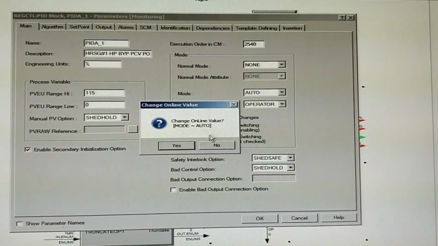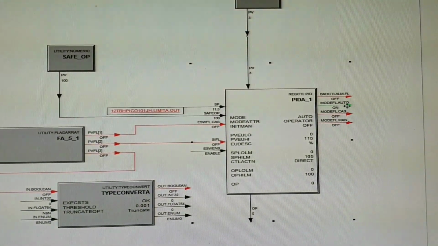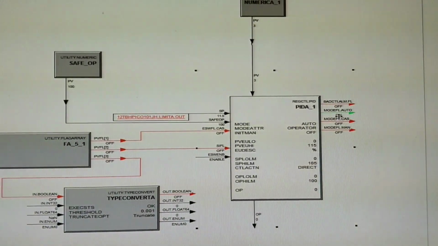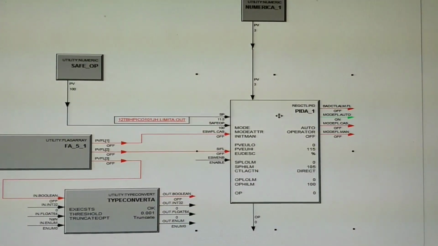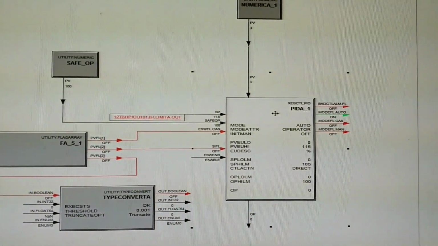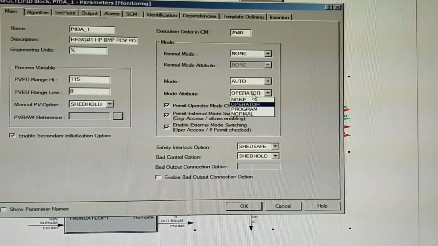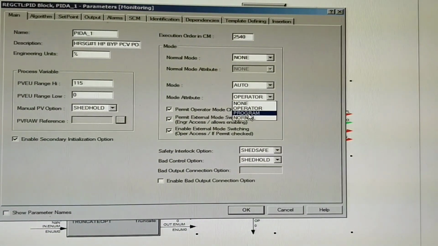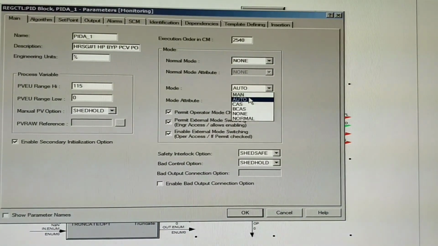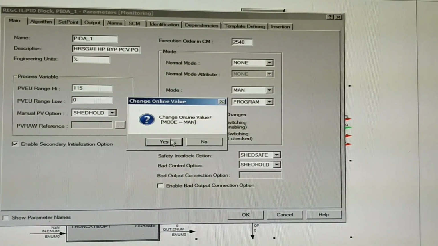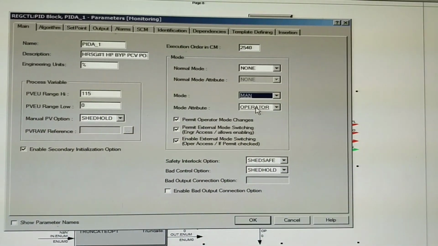Now we will set the auto, and here mode FL dot auto will be on. So these are the different types of operational mode of PID, either in manual or cascade or auto. Next one is mode attribute. Who can change the particular mode? So if I set the program, then we will not be able to change the particular mode. Here you can see mode attribute changed to again operator.